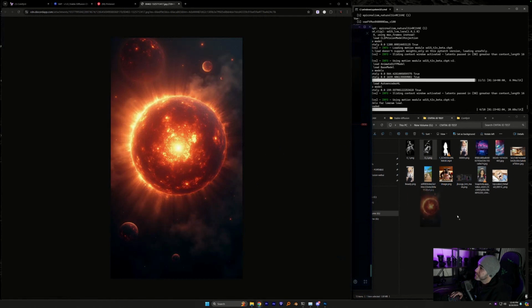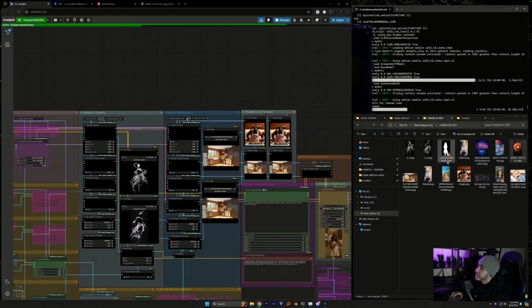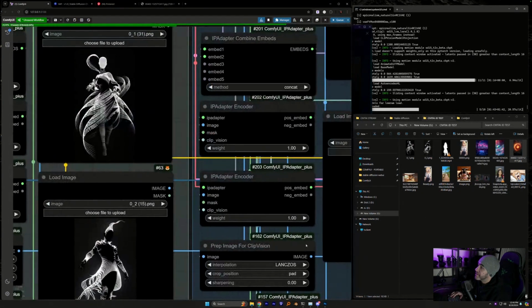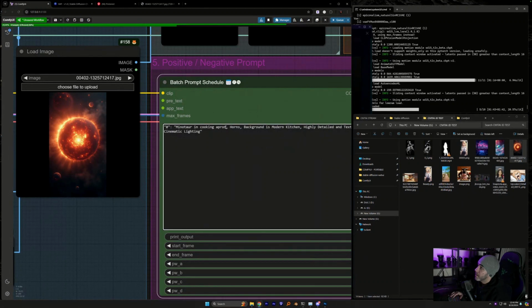I'll try this one. Bam. Okay, so we will call this girl a surreal abstract alien.